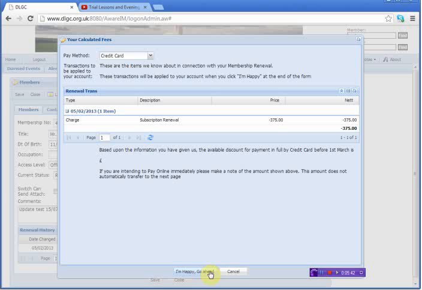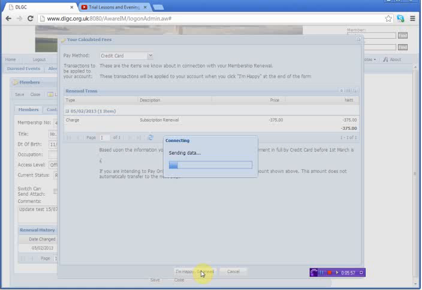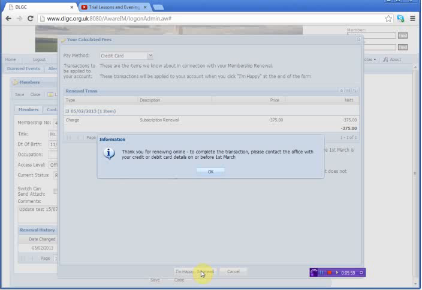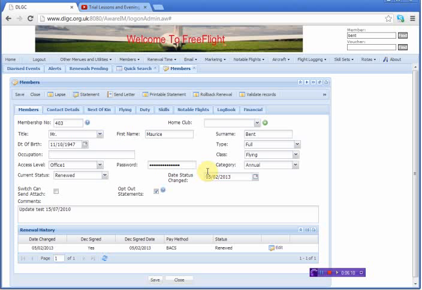Okay, so he's got a subscription renewal, but it's detected that it's paid by credit card, and of course credit card is one of those payment methods where we do not offer the discount because it costs us in charges. So again, we quickly say I'm happy, go ahead. Again, then get a message up and click OK. So the screens are actually identical to the ones that the member sees, so that if, for example,